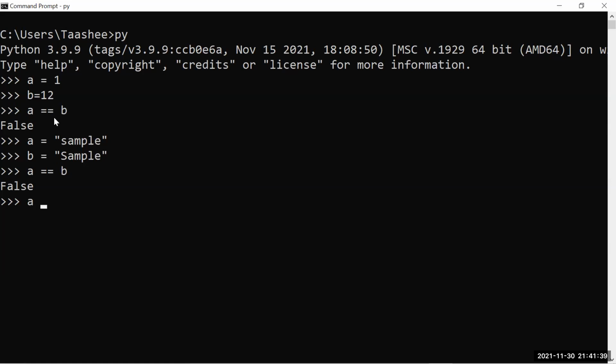Similarly, if I say a equals to sample and b equals to a, what I just did here is assign a and b the values. If I say a double equals to b, what is it going to return? True.